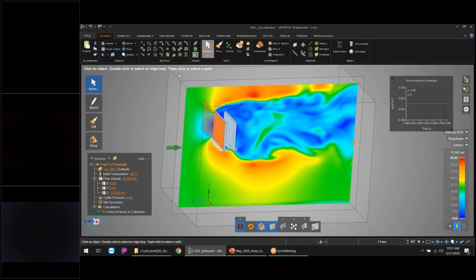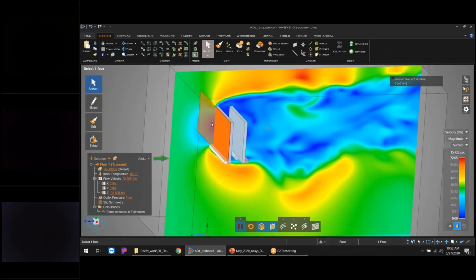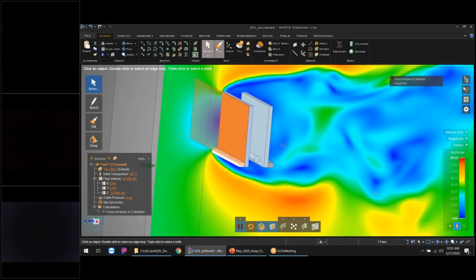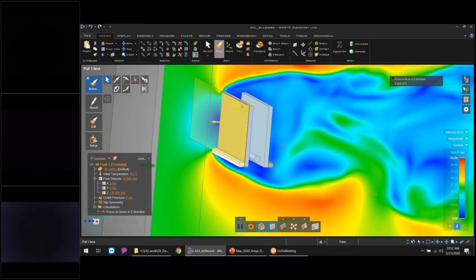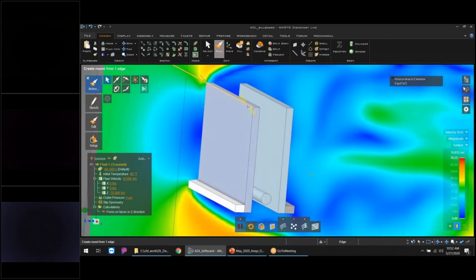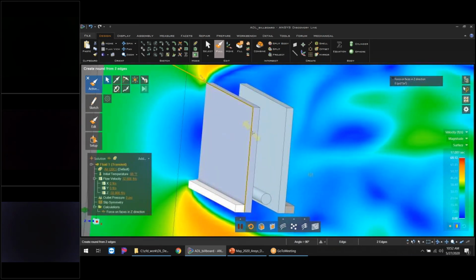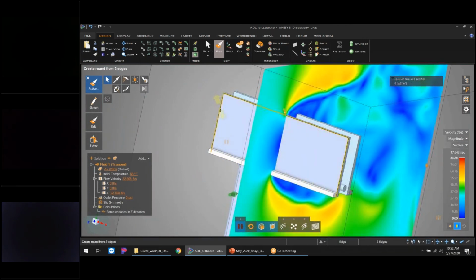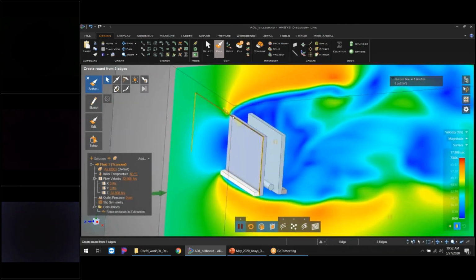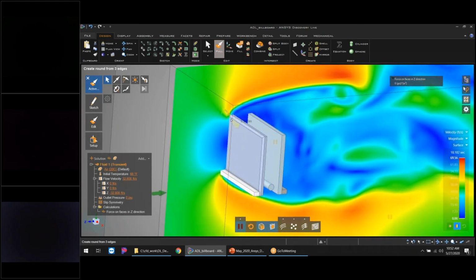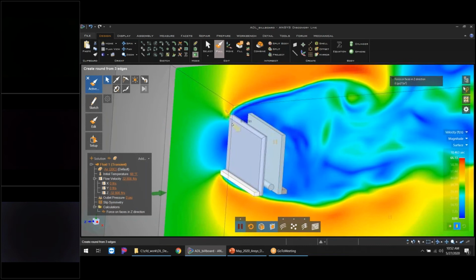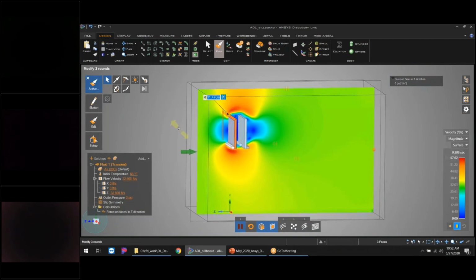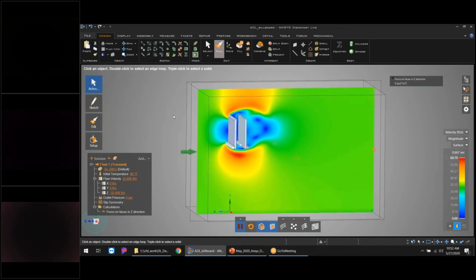What I could do if I wanted, for example, just going to minimize that, is zoom in and say I want to make a design change. Let's say I just want to add a quick round, something to make it a little bit nicer to go around. This is a really, really cool option for adding a round to a sharp corner. I'm going to grab that corner, grab this corner, and grab that corner. When I'm in the pull tool, I just get my arrow, and all I'm going to do is start dragging my mouse, and I immediately start adding a round to that. If I add that round, as soon as I let go of the tool, again, I'm going to start analyzing immediately.